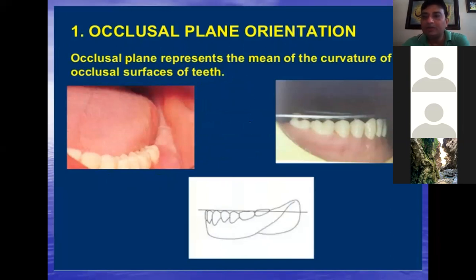Do not mix both of these things. Orientation relation is different from your occlusal plane orientation. If you can see these photographs there, you see the curvature of the occlusal surfaces of your teeth. There is a plane which is touching all these occlusal surfaces, and the mean of this curvature